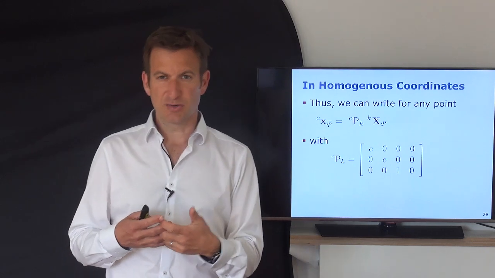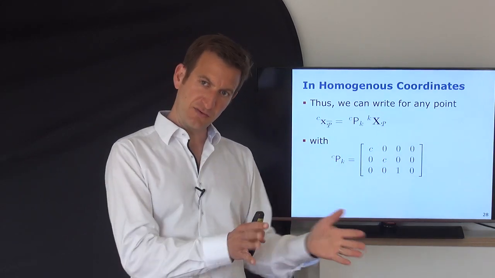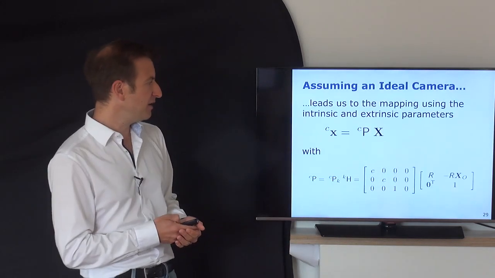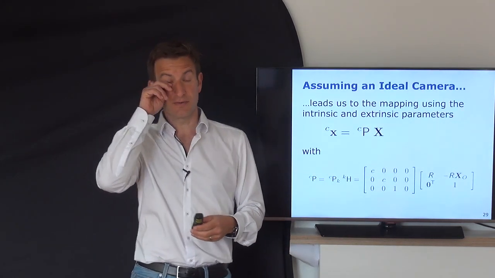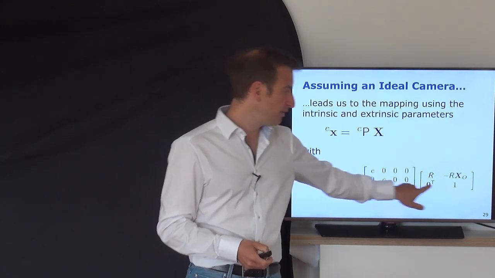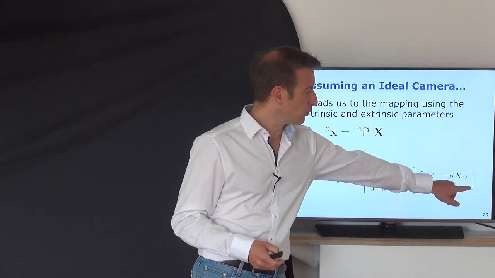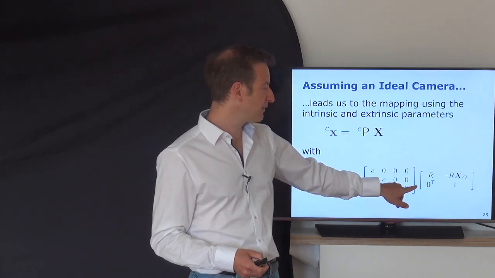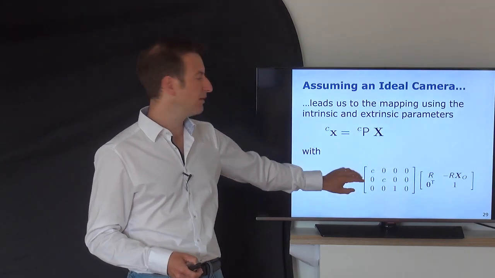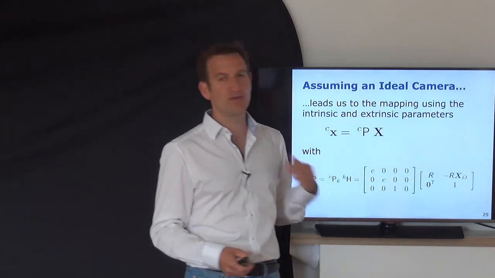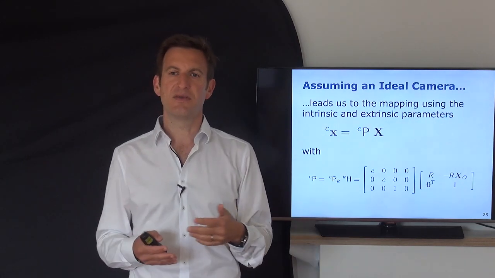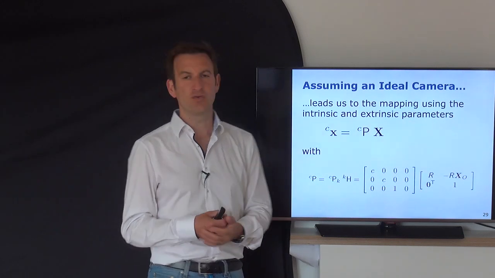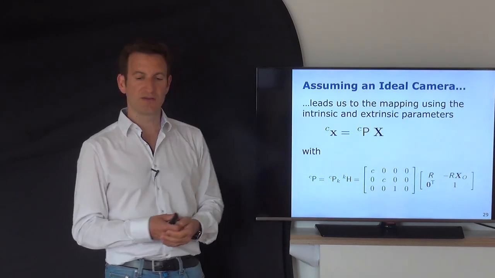Okay, so now we can actually combine what we have done before, the extrinsics, plus the ideal projection over here, by just multiplying those transformation matrices together. So we had this transformation matrix which maps from the world coordinate system to the camera coordinate system, and then this transformation which maps from the camera coordinate system onto the image plane. And just as these are both homogeneous matrices, we just multiply those matrices with each other, which gives us the projection matrix which maps from the world coordinate system onto my image plane,